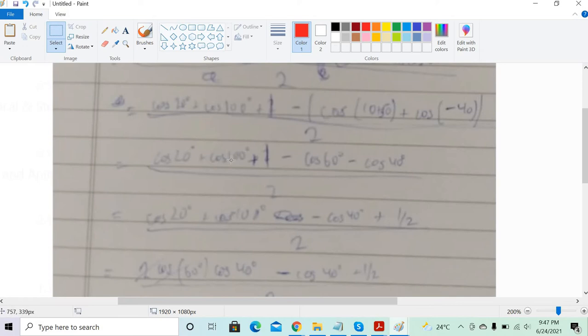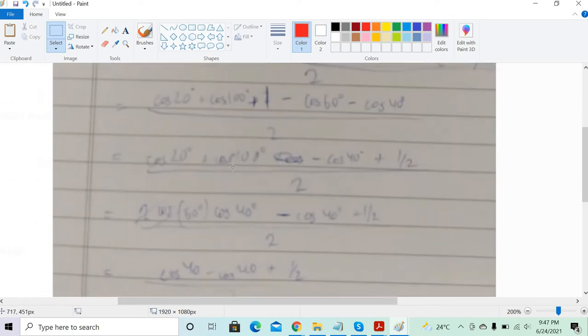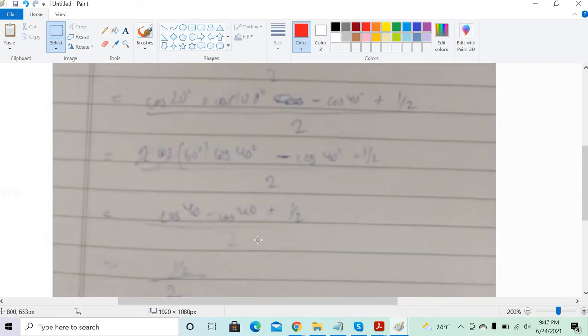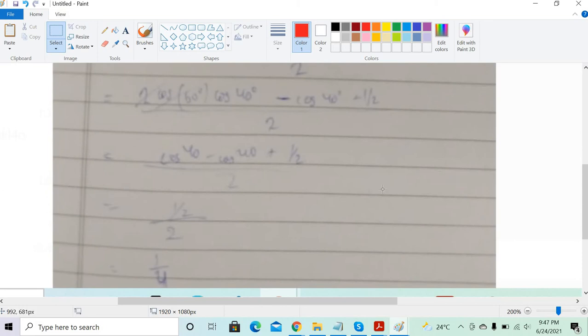Okay, so after that you use the cos C plus cos D formula. Cos 20, cos 100. Then after minus cos 40, 1 plus 1 by 2. Okay, correct. Now cos 40 you separated out, 20 plus 100. So 20 plus 100, cos C plus cos D formula, 2 cos 60, and cos 100 minus 20, 80, 40, correct. It'll be 20 minus 100, but yeah, it's positive. So you have cos 40 only, cos 60, correct. 1 by 2 cancels. So cos 40 minus cos 40 plus 1 by 2. So cos 40 cancels, 1 by 2, 1 by 4. Yeah, correct. This answer is correct.